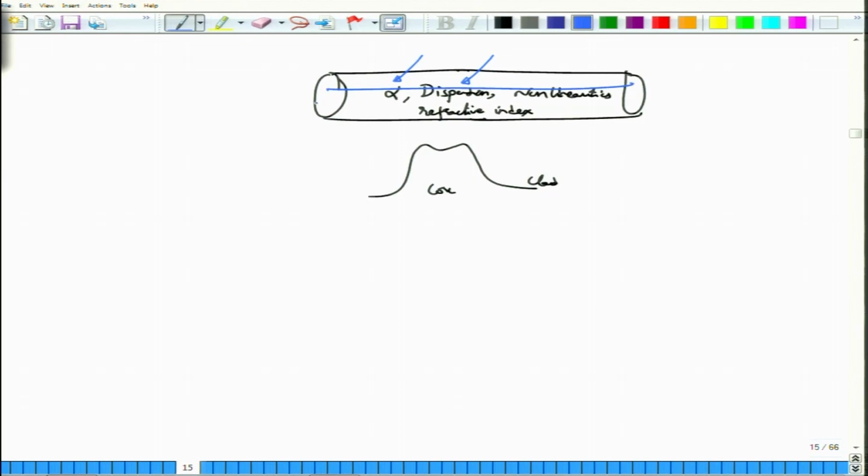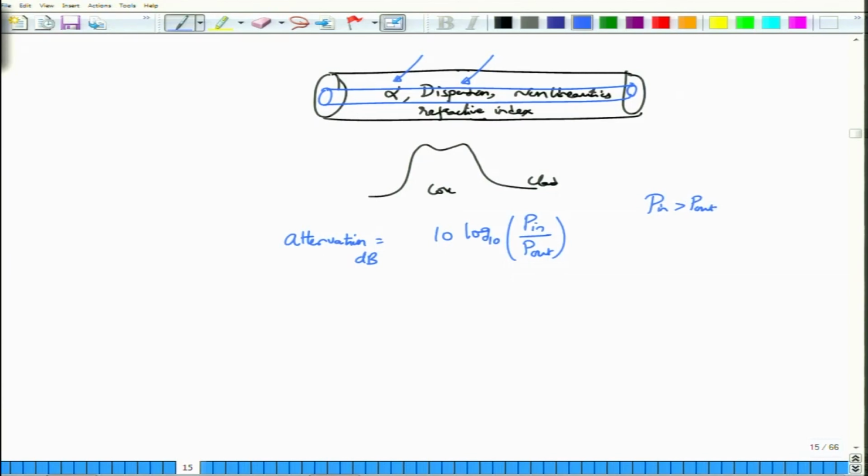So, we are going to look at two important properties of the fiber that we would like to measure. Let us say we begin with attenuation. Attenuation is usually measured in decibels, dB. It is defined as the ratio of the amount of power that is input to the fiber to the amount of power that actually comes out. Please note a very important thing here: P in is usually greater than P out, obviously, right, because